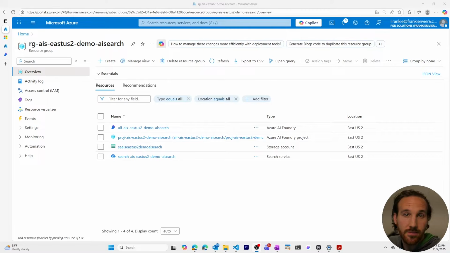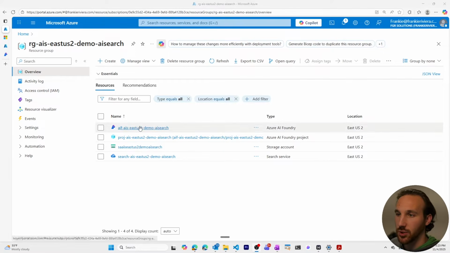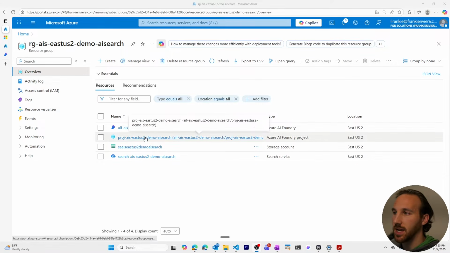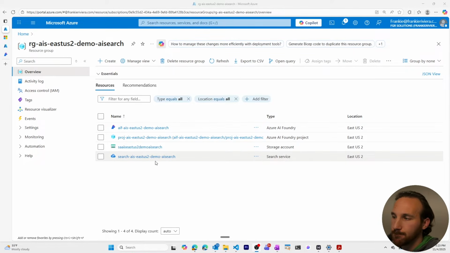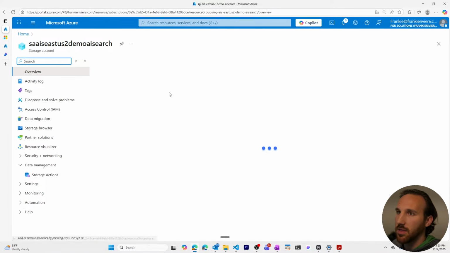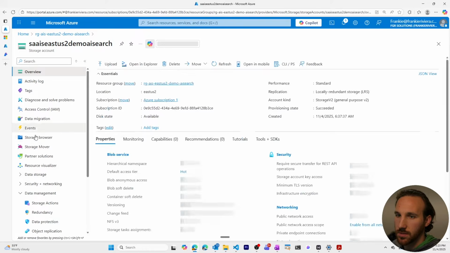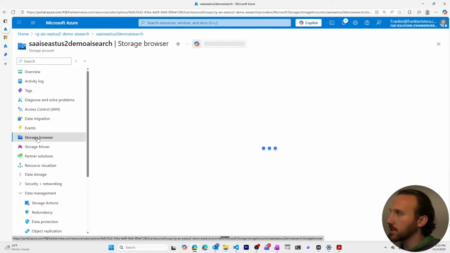vector embeddings. So right now, we'll start in this Azure resource group where we have an Azure AI Foundry resource, which has an Azure AI Foundry project, and also a storage account and a search resource. The first thing we'll do is upload some files to our storage account into a container that will be our data source. So I'll go into Storage Browser,